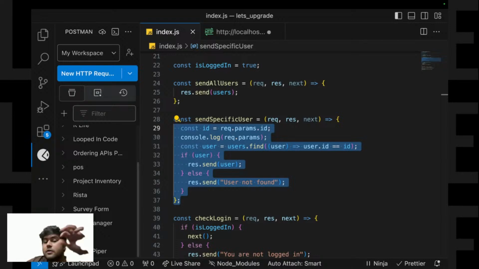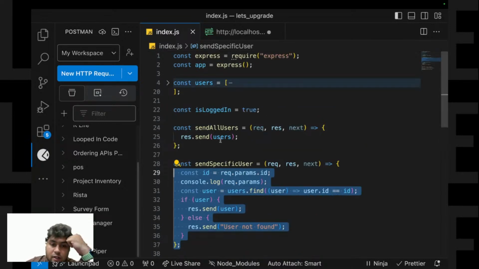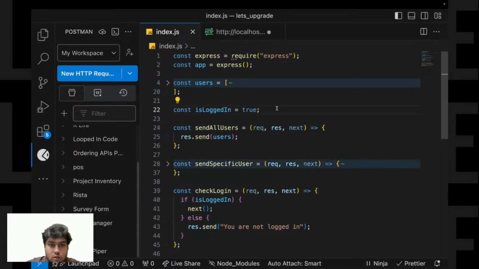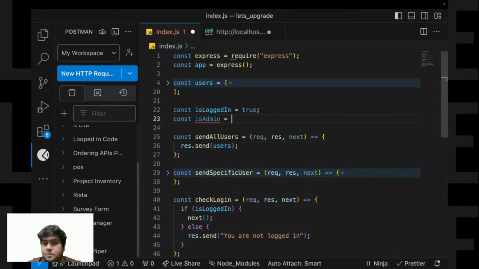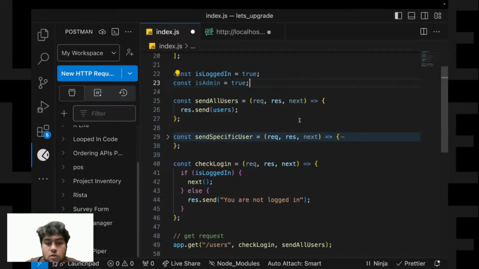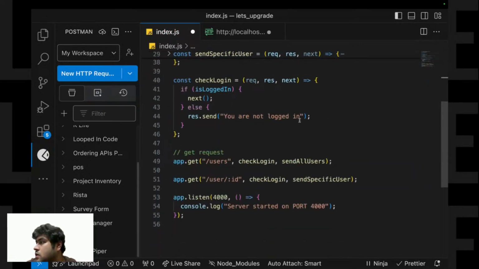Okay, so you can have multiple middlewares as well. So let's say now I create another constant, is admin equals true. We can use millions, there's no count of how many middlewares we can use. You can use n number of middlewares, Shakil.